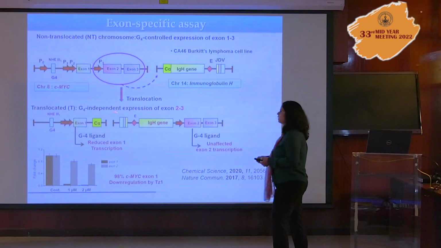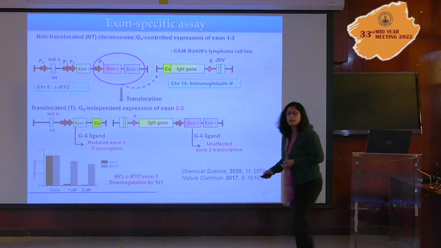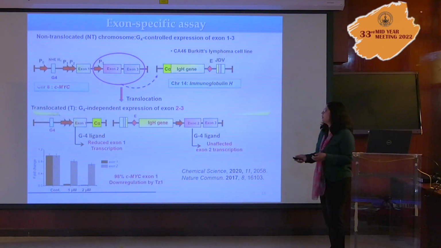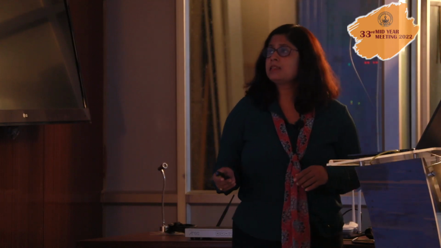show that the c-MYC quadruplex ligand could selectively reduce the exon 1 expression without altering the exon 2 expression, and this assay validates that the reduced expression of c-MYC is due to ligand induced stabilization of the 4-stranded secondary structure. So, next we thought of using a biomimetic template to identify G quadruplex ligand instead of using the biomolecule